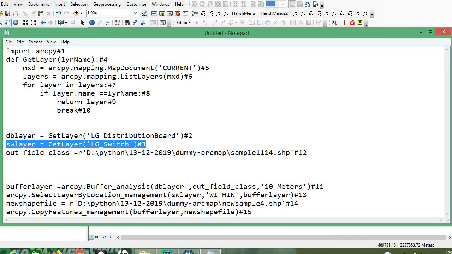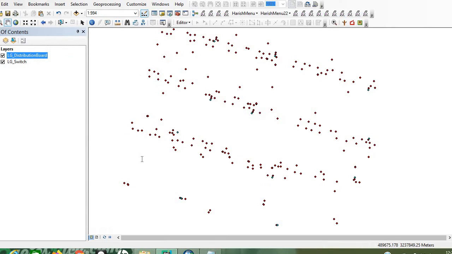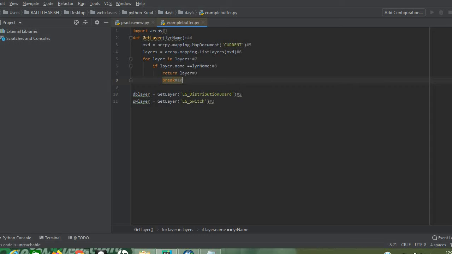These things are getting loaded and need to be written one after another. Now, this is the calling function, this is the called function.